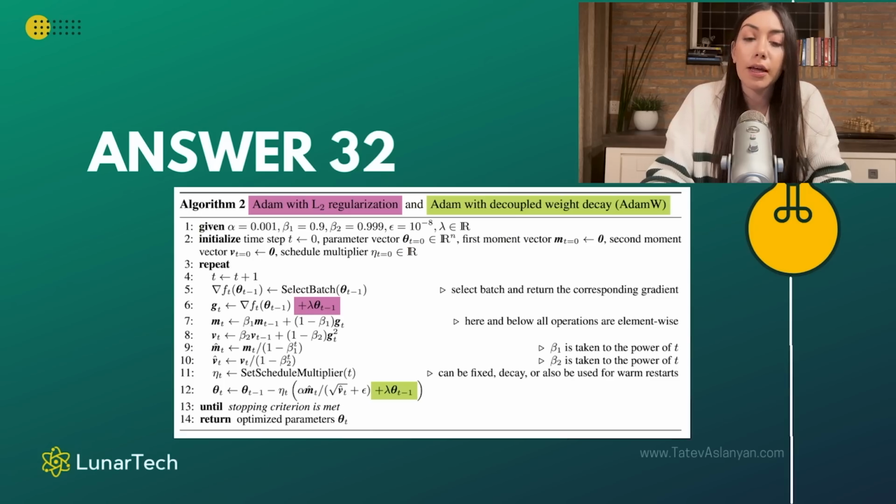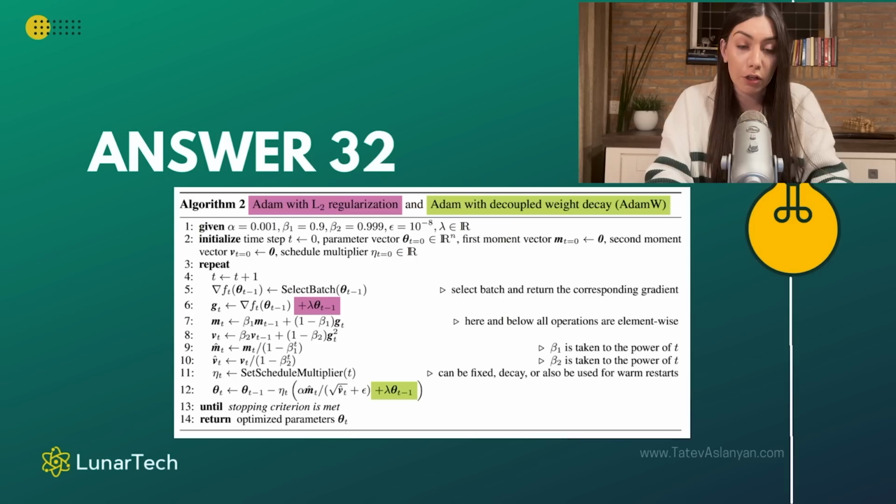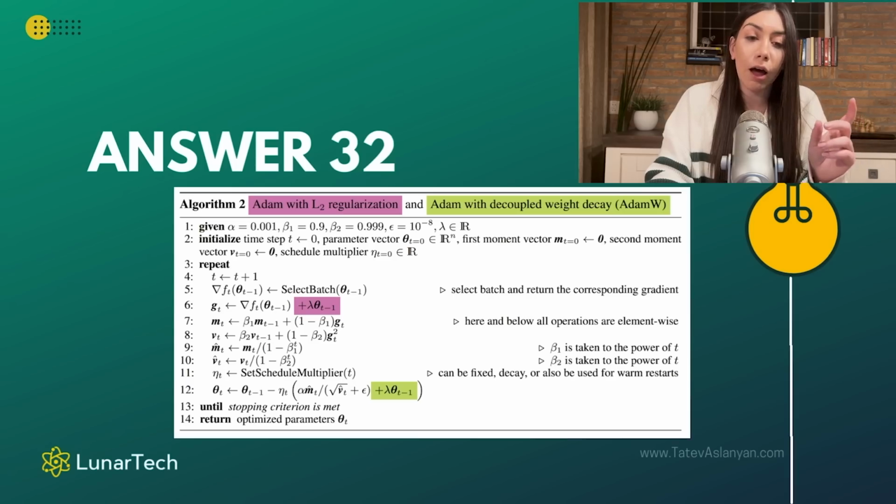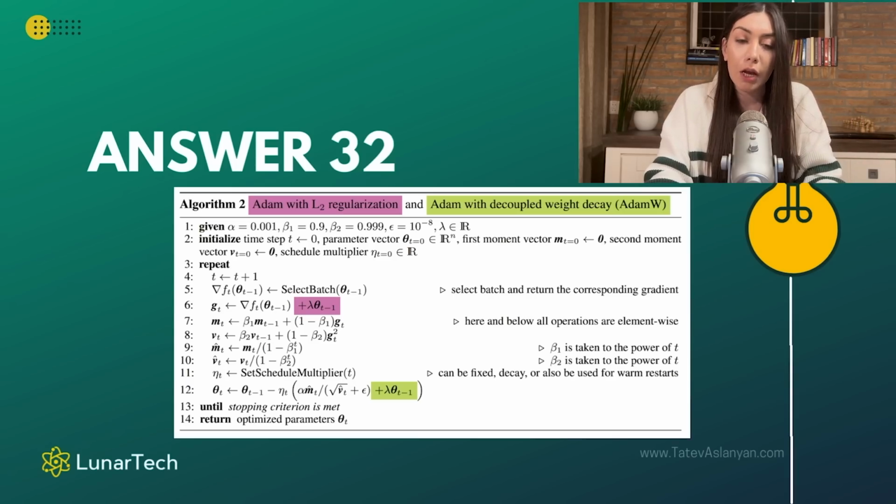And the way it does that is, as you can see here, unlike the traditional Adam with L2 regularization, it adds this decay, this penalization term, right in the update process when updating the model parameters. So the traditional Adam algorithm, when combined with L2 regularization, where Adam is the optimization algorithm and L2 is the